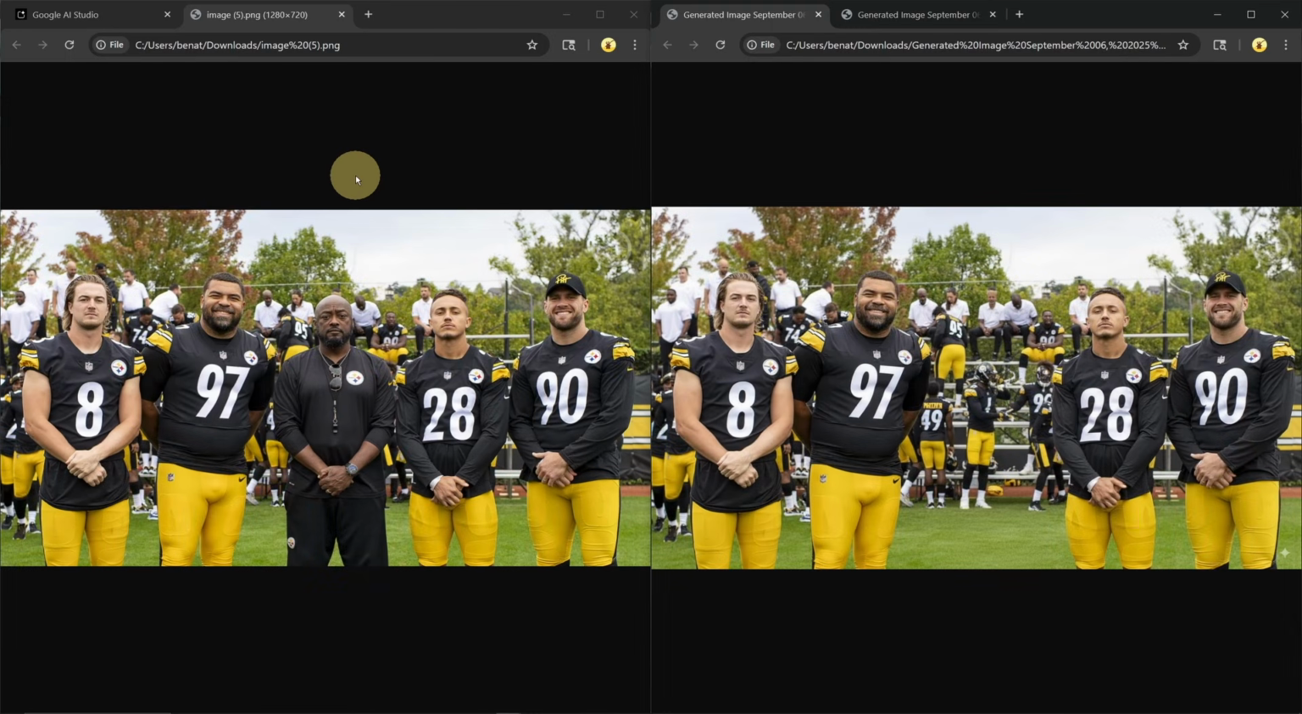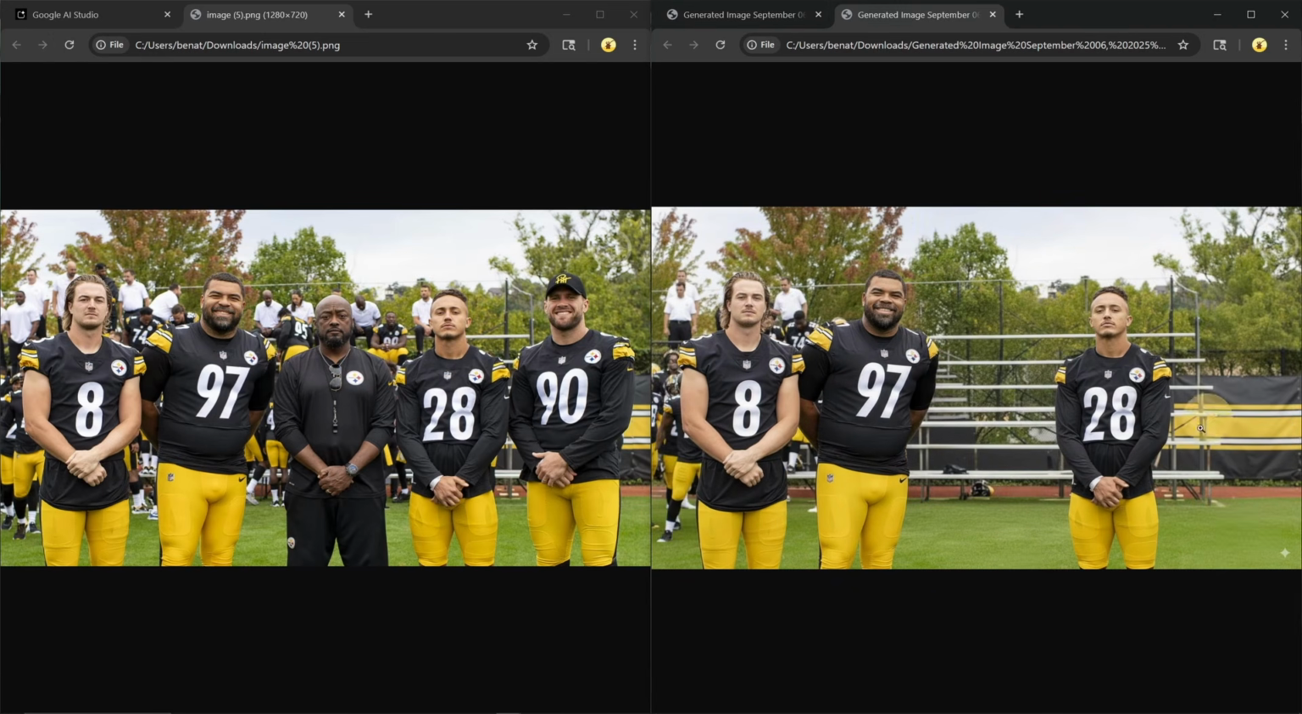You can also use Nano Banana to remove people from a scene. On the left is our original image of the Pittsburgh Steelers with Coach Tomlin in the middle, and we simply tell Nano Banana, remove the person in the middle. Then we asked it to remove half of the people from the photo, and here's the result. So if you've ever had someone photobomb your photos in public, worry no longer, you can use Nano Banana to